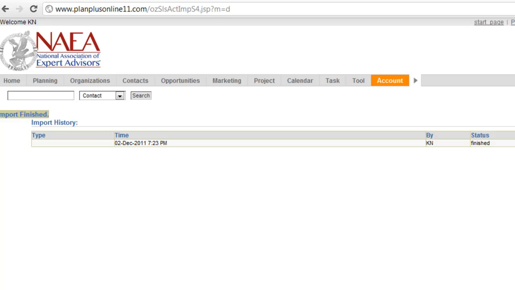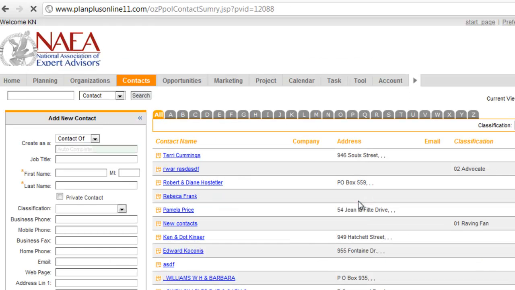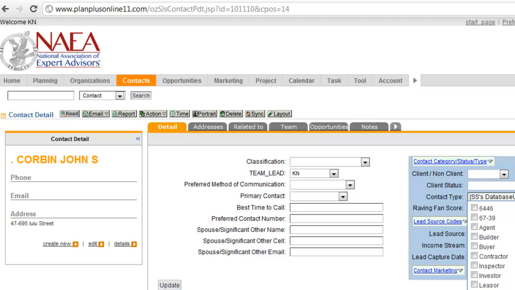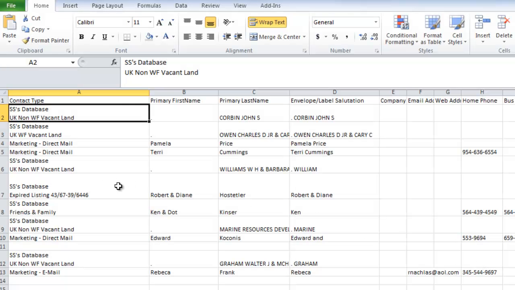All right, so there's my import. I can look at a log and a history of the import by clicking that link. I'll go look at my contact records. My last updated record should be the ones that came in from this import. Here's a record that was in there, and you can see that these were the contact types that were included with that particular record. Here's John Corbin. You can see that it created all those new contact types. And from my spreadsheet, here's the